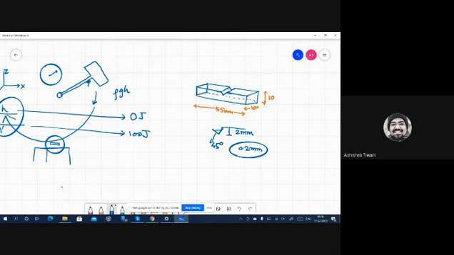So in our specimen, the dimensions are 55 by 10 by 10, but the notch is not made in such a particular fashion because it requires sophisticated machining. Usually it should be 45 degrees. Our notch is also 2 mm deep, but the angle is not 45 degrees. And the root radius is also greater than 0.2 millimeters. So that is the standard size.